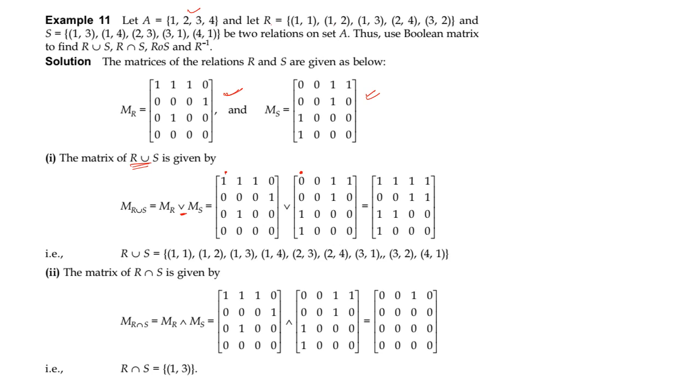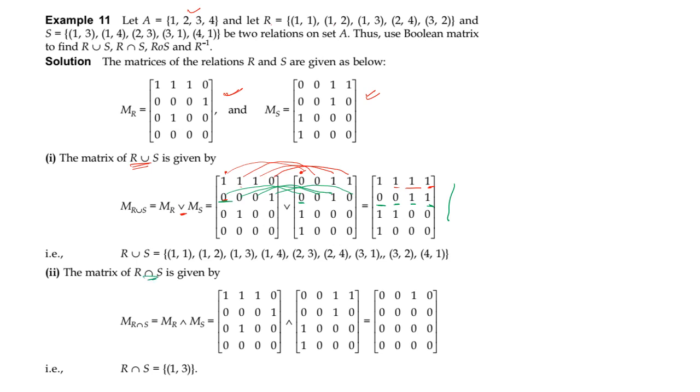So 1 join 0 is equal to 1, right? So then 1 join 0 will give me this 1, then 1 join 1 will give me this 1, and 0 joins 1 will give me this 1. Similarly, this 0 and this 0, let me change the color to show it to you better. This 0 and this 0 will give me this 0. This 0 and this 0 will give me this 0. This 0 and this 0 will give me this 0. 0 and 1 joined will give me 1, and 1 and 0 joined will give me 1, and so on.